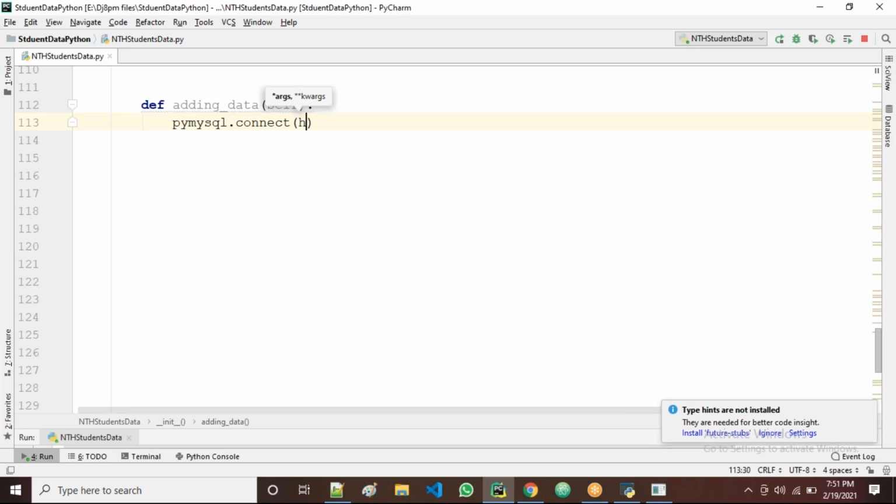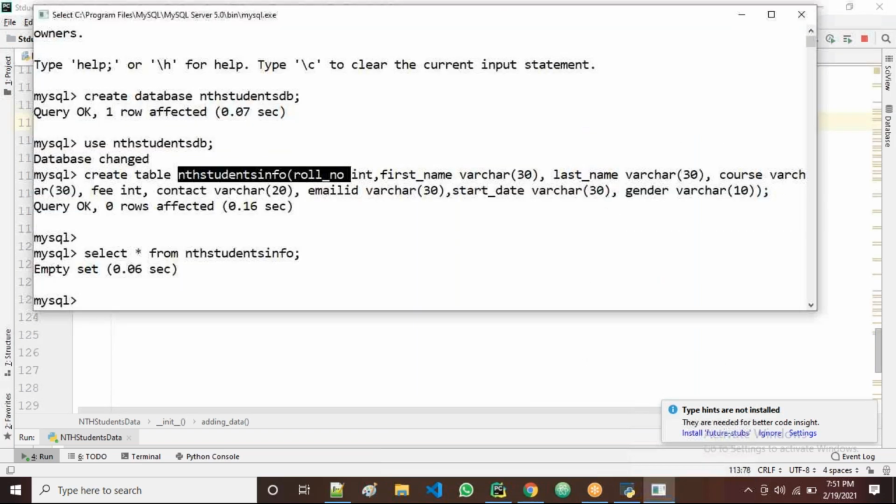We'll take host equal to, what is the host? Localhost, right? Then user, guys. Who is the user? You know, database root. Root is the user, right? Next, password. What is the password? Root is the password. Then what is the DB? What is the database name? I'm going to copy and paste it there, guys.